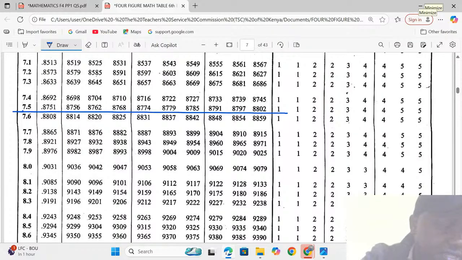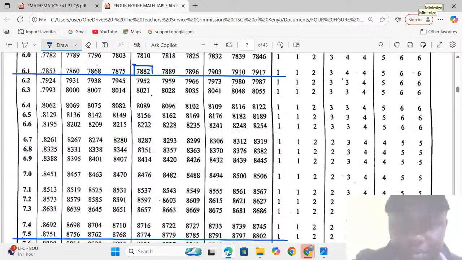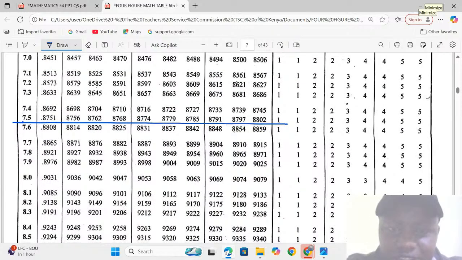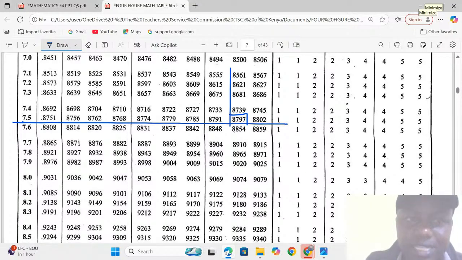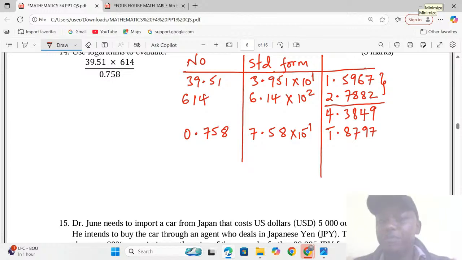Then 8, 7.58. So where is 8? At this point, 7.58. So 8 is here. So this is 8797. Now at this point we say the overall logarithm from the numerator and that from the denominator should